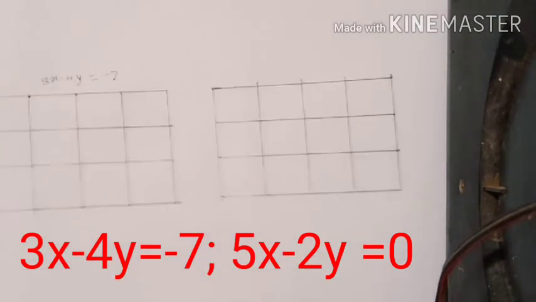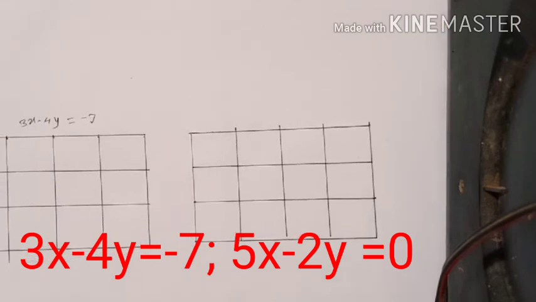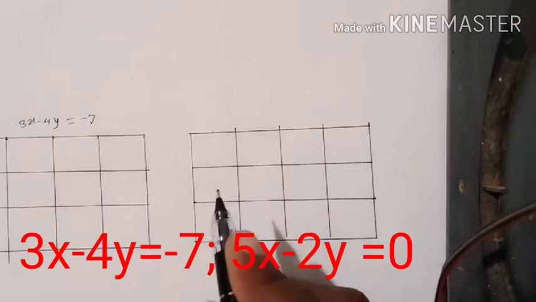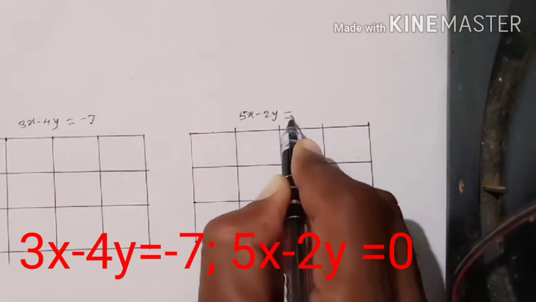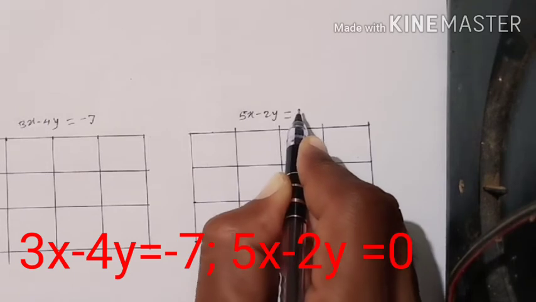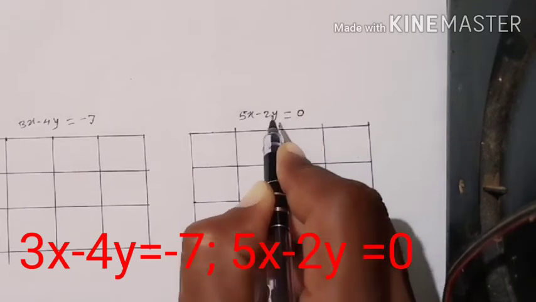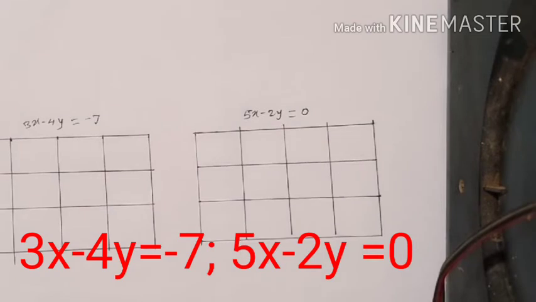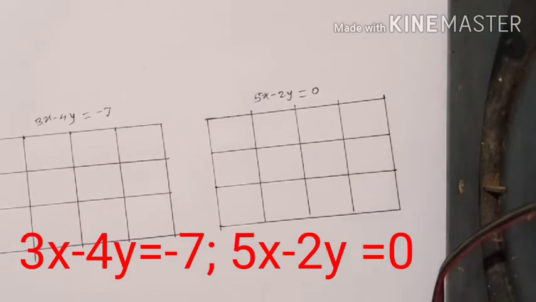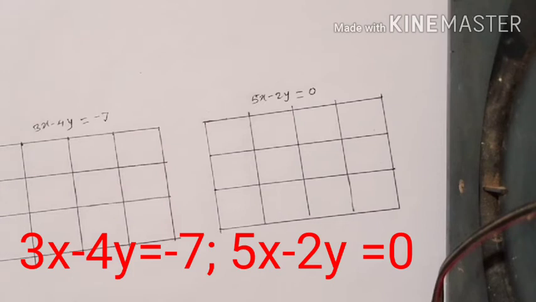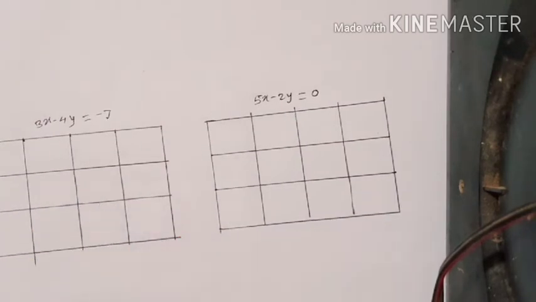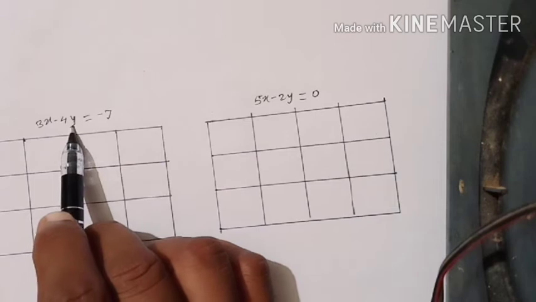And the second equation is on the second box, that is 5x minus 2y is equal to 0, in this way. Now, boys and girls, we have to understand that if we will put the value of y,